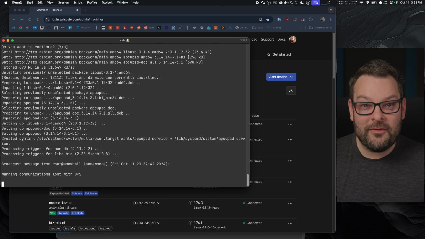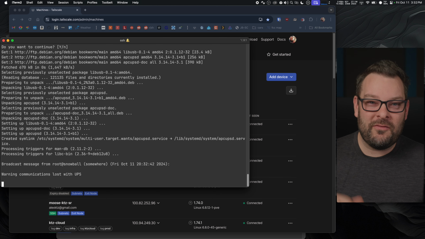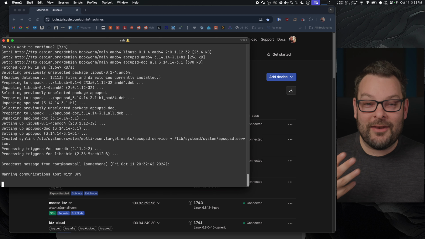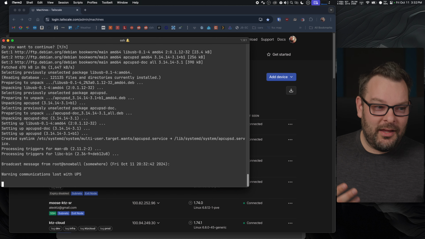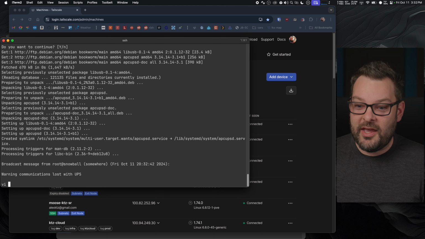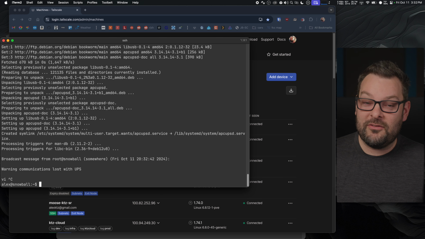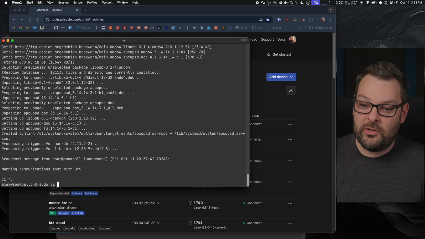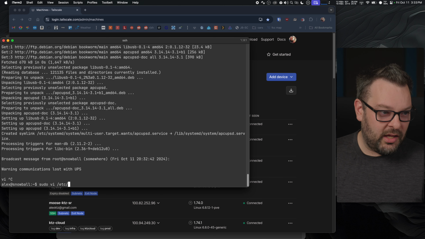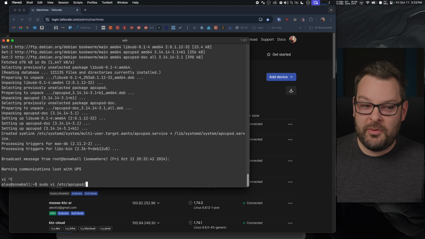Now I'm running all of these commands on top of Proxmox. You might need to adjust a few things if you are running a different OS. Now you might notice here that I've already got an error message saying that I cannot communicate with the UPS. And that's because we need to configure the UPS daemon to be able to connect to the device over USB. So I'm going to bring up Vim using sudo vim /etc/apcupsd/